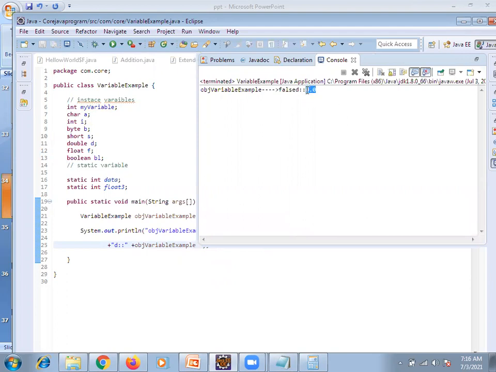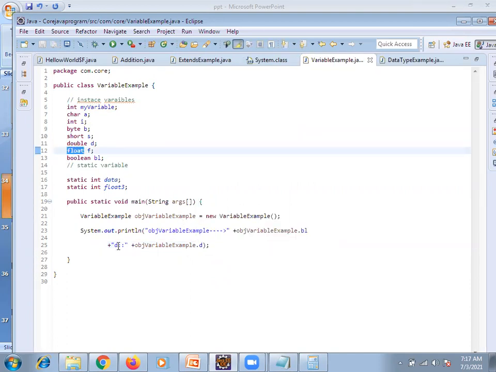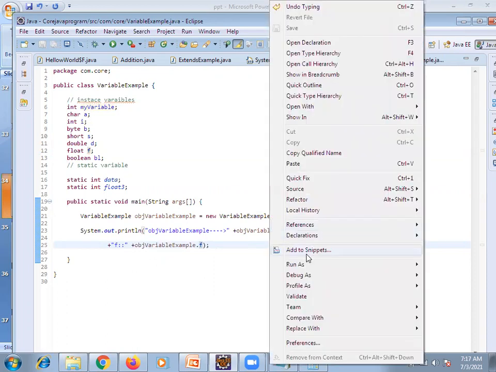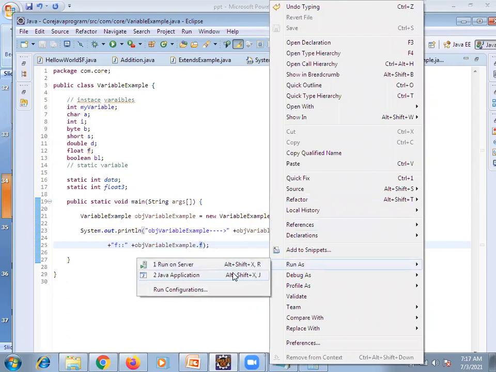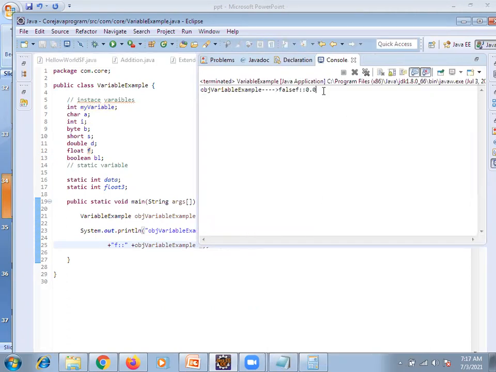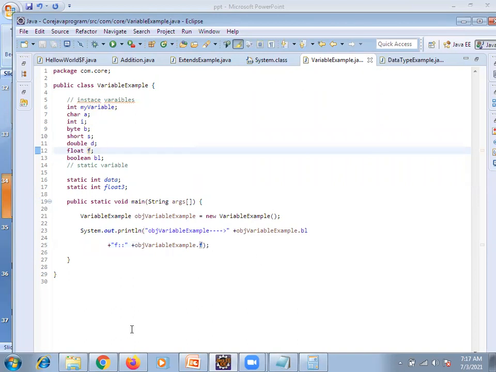Okay, 0.2. Yeah, these are the default values. For F, now you can see F. What is assigned? The major difference between F and D is that float will accept up to 4 bytes, and double will accept up to 8. That you can see, no problem.